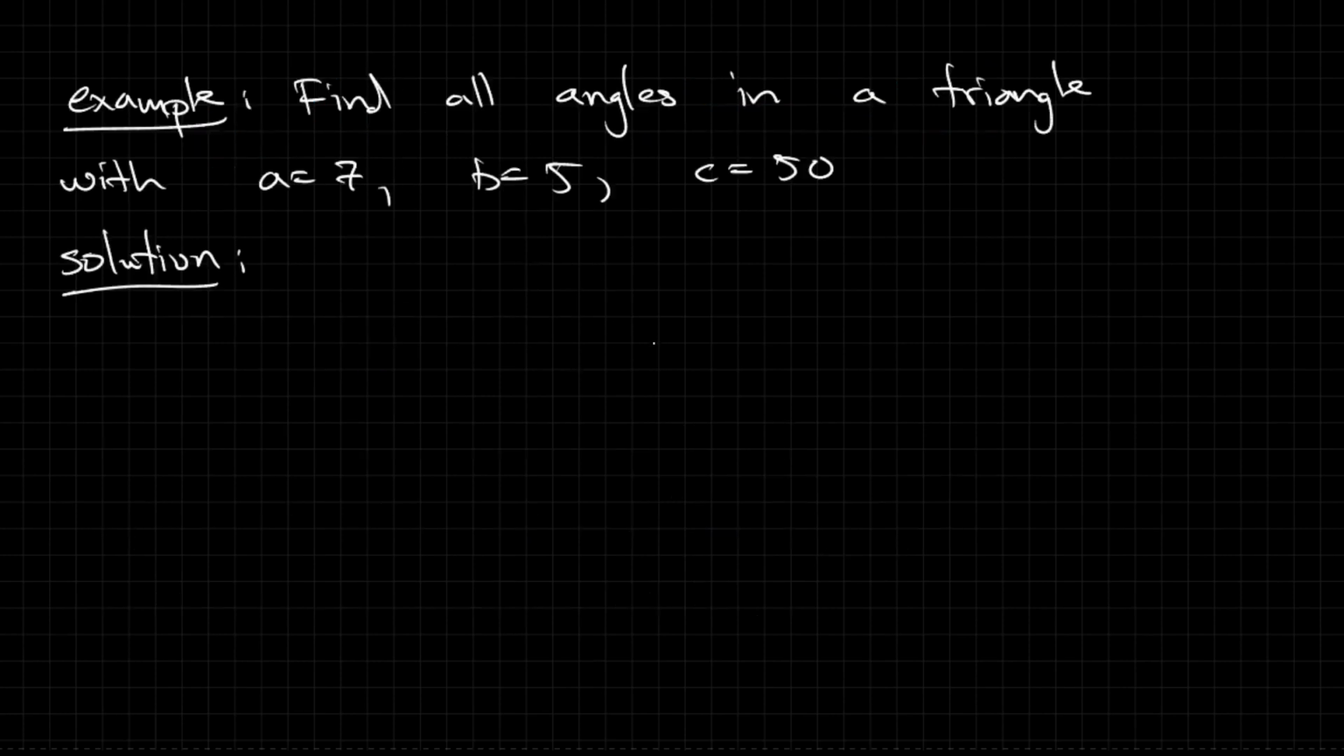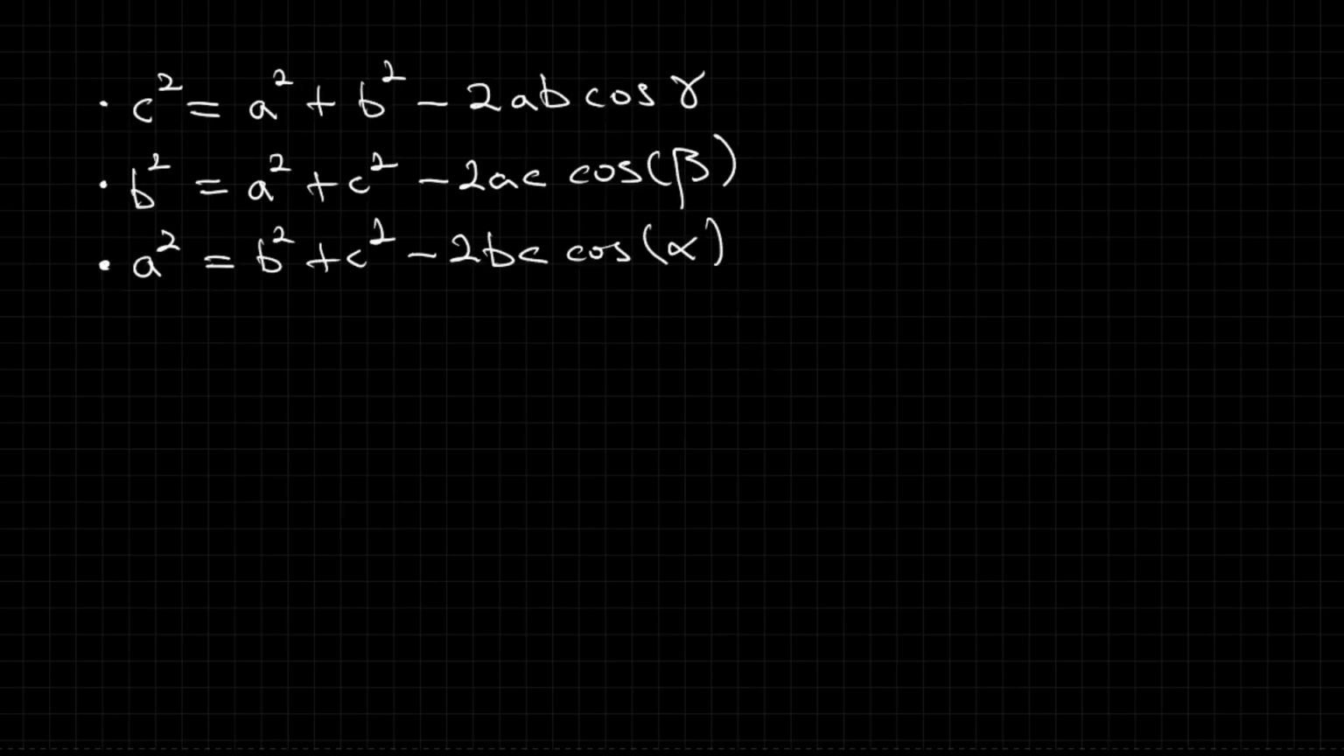Let's do an example of finding the angles in an SSS triangle. So we have A is 7, B is 5, and C is 50. So we know A, B, and C, and if we look at our law of cosines, we'll be able to figure out the angle in every one of these law of cosines because we know A, B, and C. So for example,